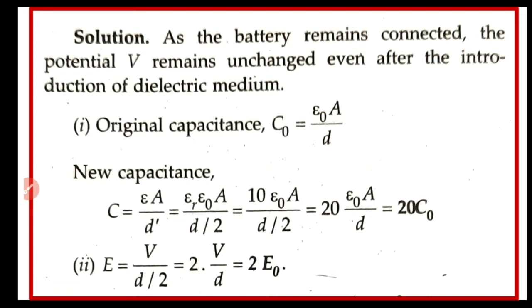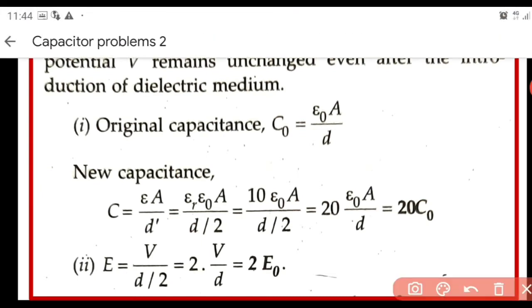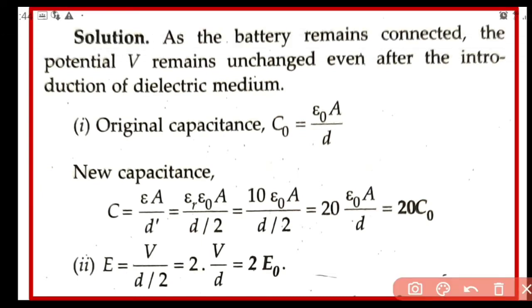And what about the capacitance when these changes take place? So the thing is this, original capacitance we have C0 equal to epsilon 0 A by D. Now let's see what all changes take place. D becomes what? D by 2. Okay, new distance is D by 2. And what medium is introduced? So we have that factor 10. So when we do the simplification, we will get it to be 20 times C0. So new capacitance is 20 times the previous one. Okay, so that is the case.